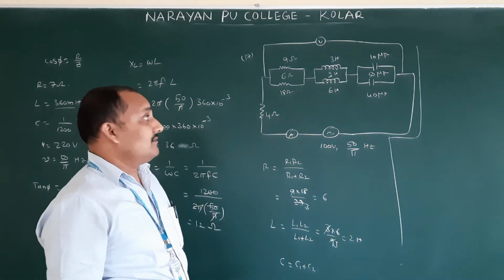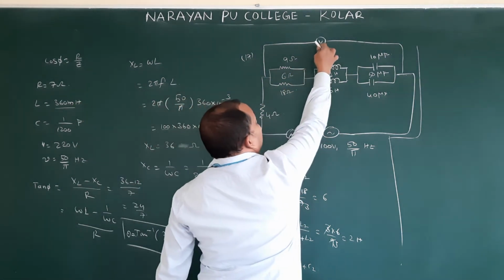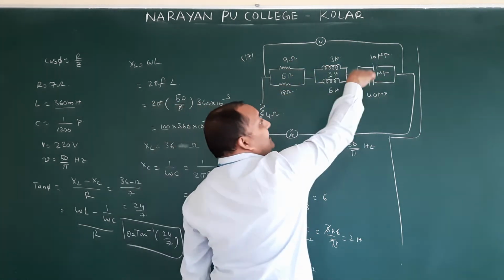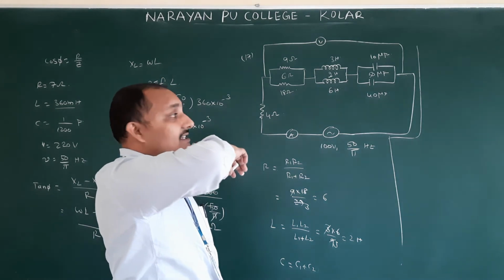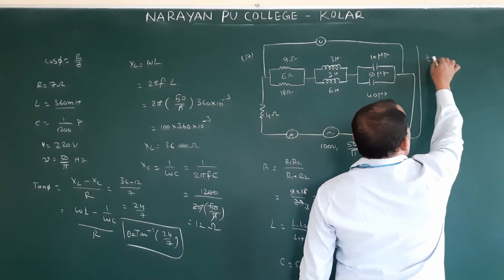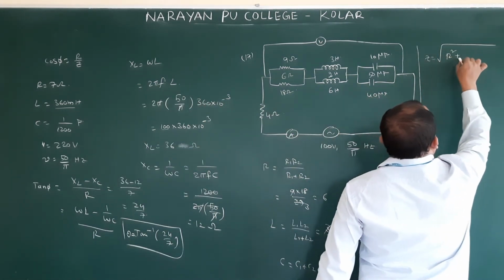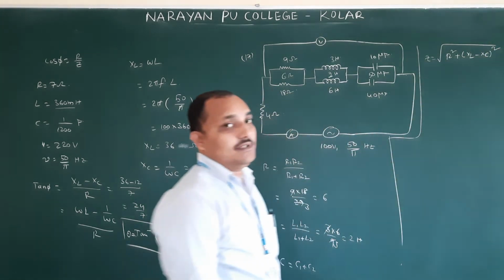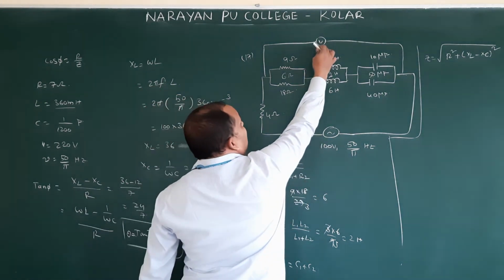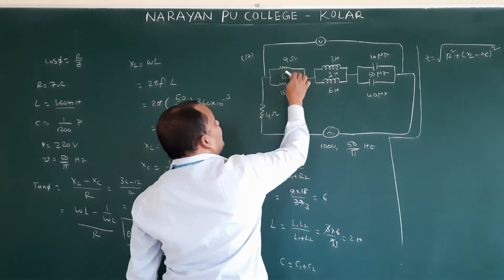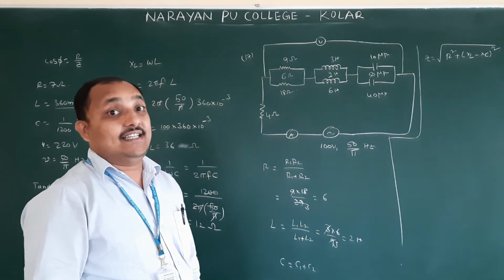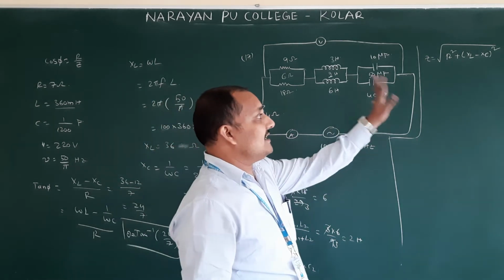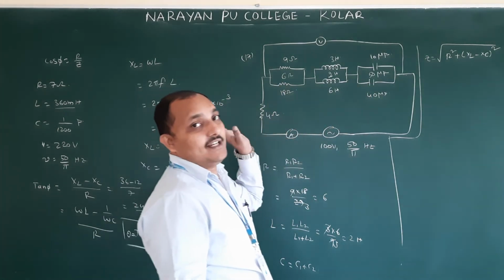Now, one by one we will find, because we should find the voltage. V is equal to I into the total resistance. What is this total resistance? Z, isn't it? Z is equal to the root of R square plus XL minus XC whole square. So V is equal to the current passing through, into Z. Now we should find individually XL, XC and R. R value here is 6 plus 4, that is 10.